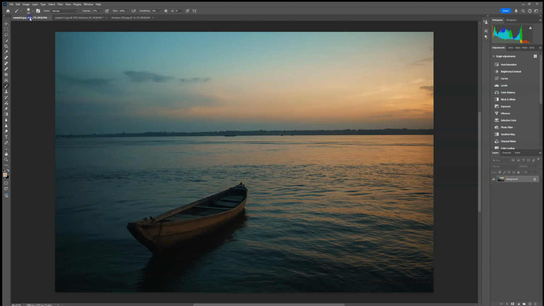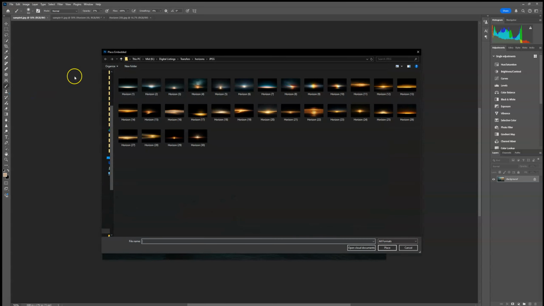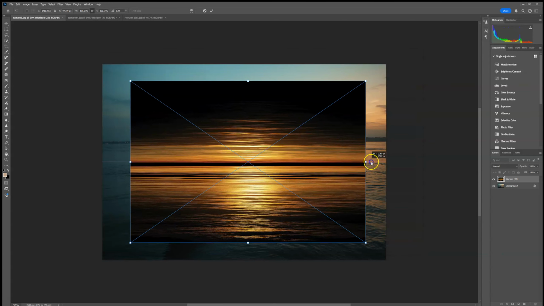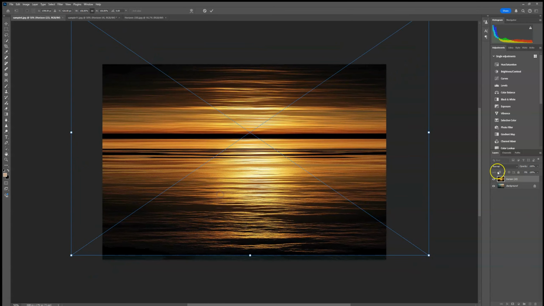Okay, I'm going to go over to my next one. I don't need to select subject or anything for this one because there's just a boat. So I'm going to go up to File and Place Embedded. And I want a water reflection for this one. So I'm going to click this one. This one seems to have a lot of water reflection here. And this is one of these blurred